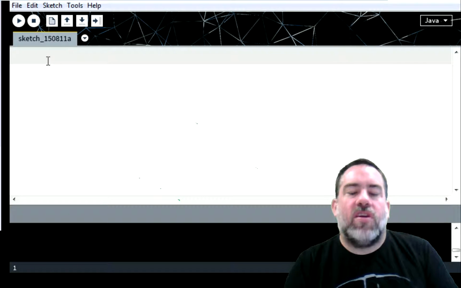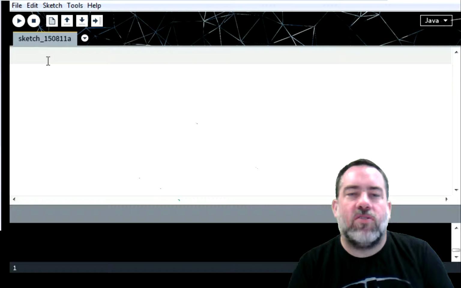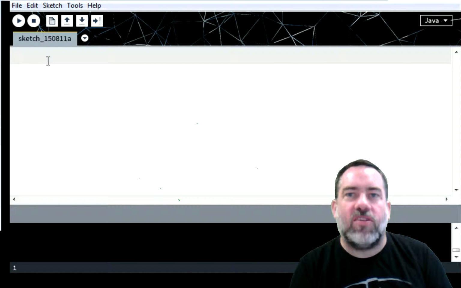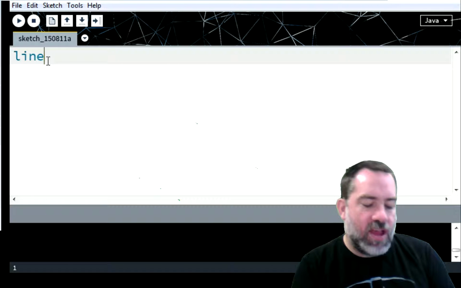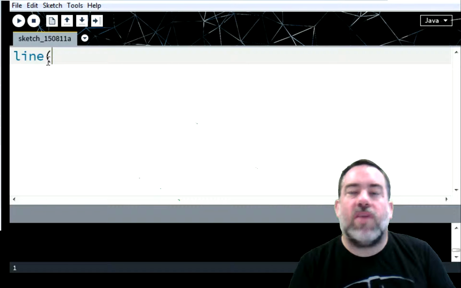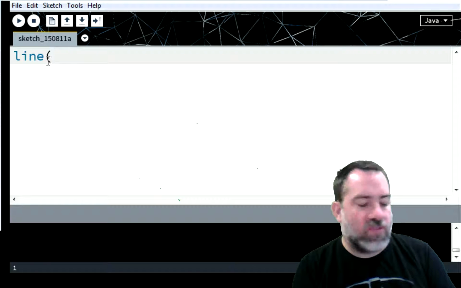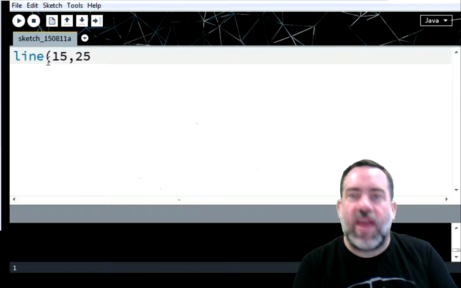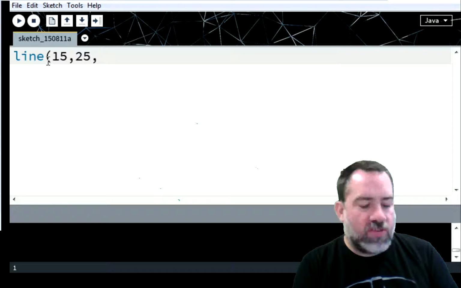So the traditional first way to start processing is to just create a small figure with a line on it, and we do that using the line command. Line, and then we give it the X and Y coordinates for the start. So let's choose 15 and 25 as our X and Y coordinates for the start, and we'll also set the X and Y coordinates for the end,